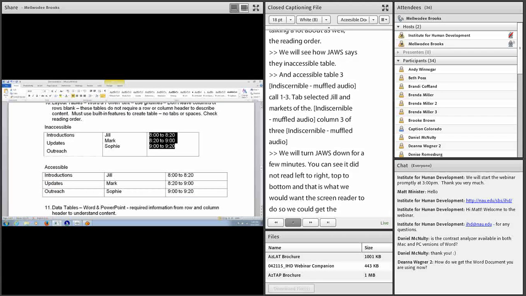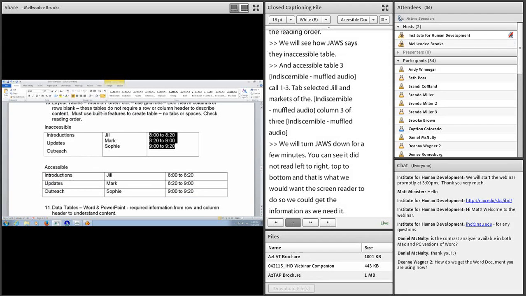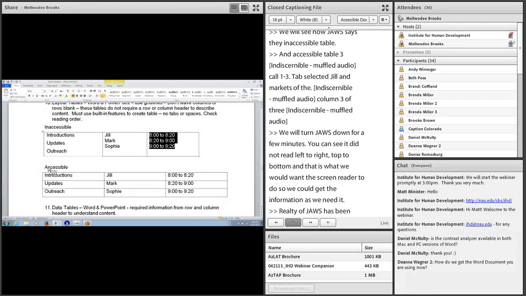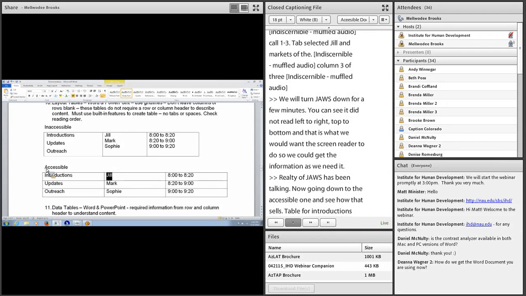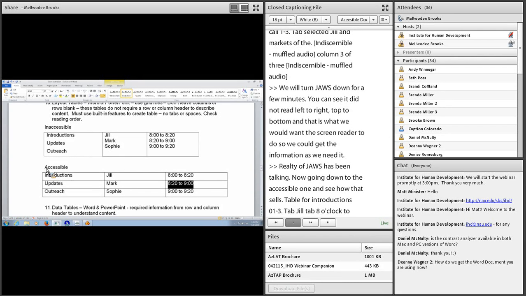So let's see if JAWS has quit talking yet. Okay. Now we'll go down to the accessible one and see how that sounds. Table 4, uniform table, introductions, row 1 of 3, column 1 of 3. Tab, Jill, tab, 8 o'clock to 8:20, tab, updates, tab, Mark, tab, 8:20 to 9 o'clock, selected, column 3 of